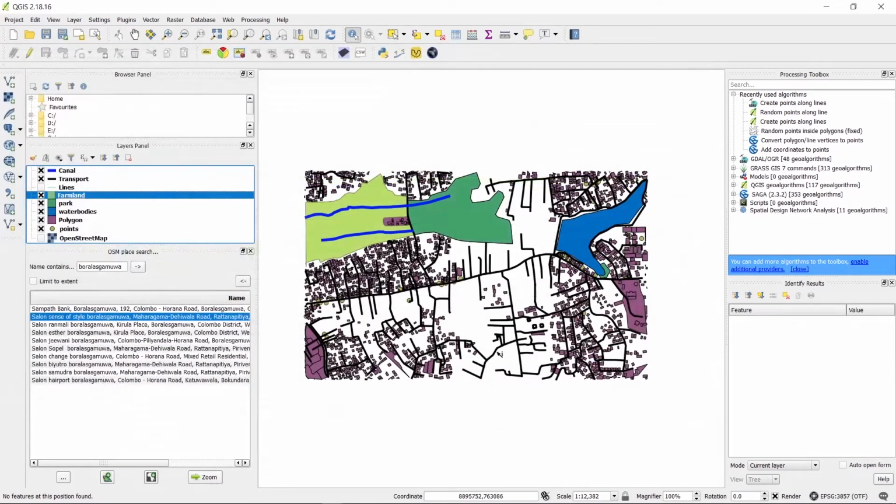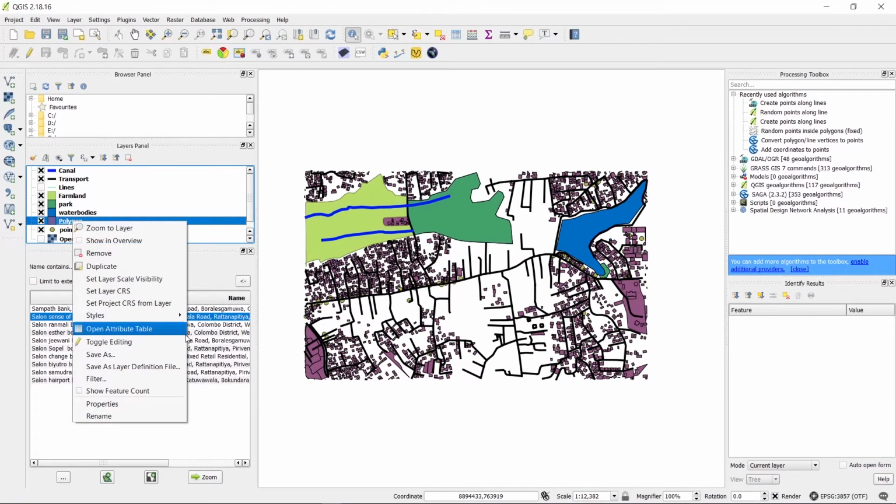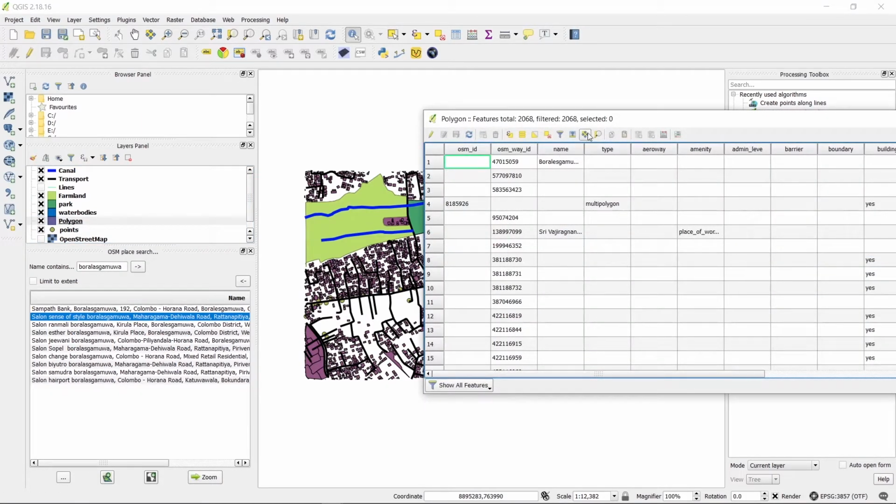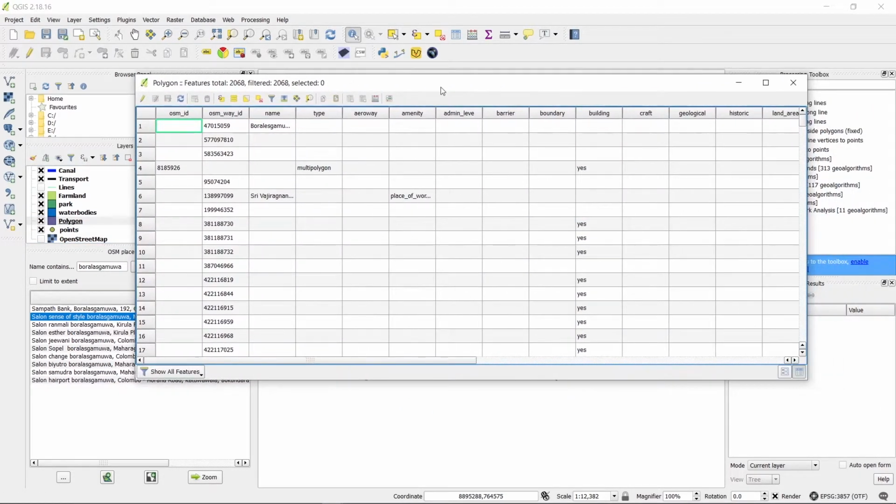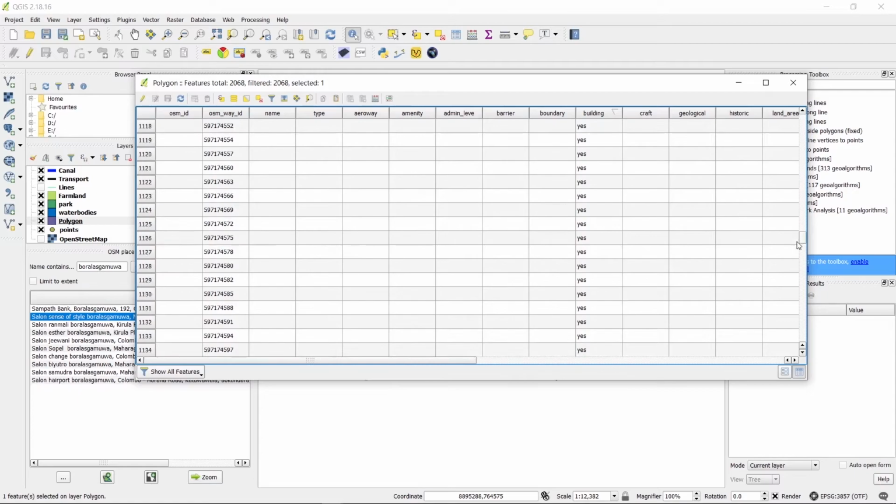So, right, finally we have to extract building footprints as a different layer. Open attribute table, building, yes, you can export building.